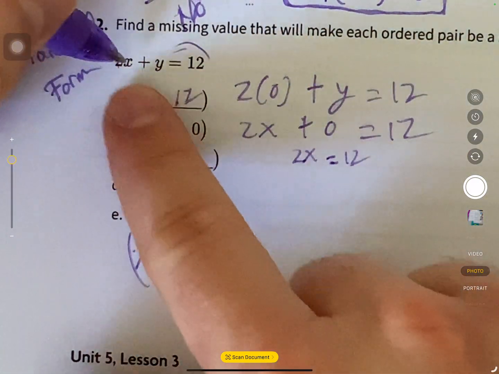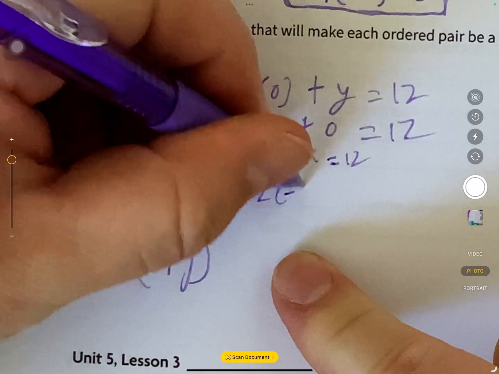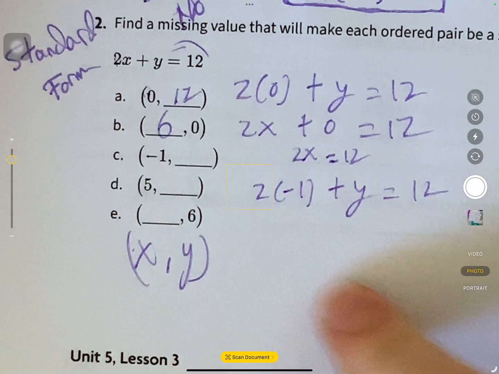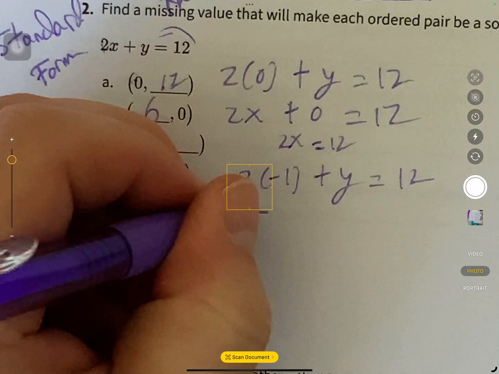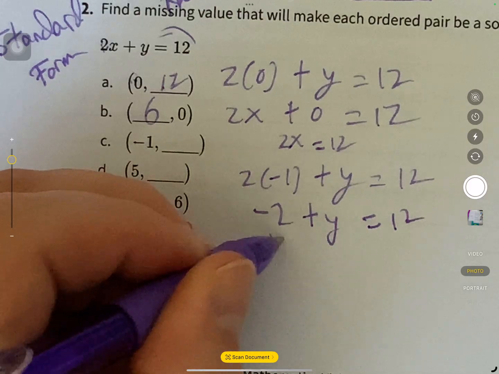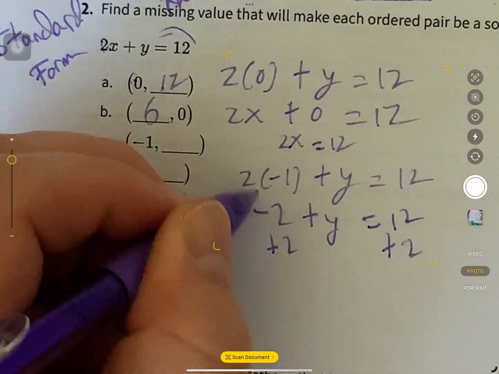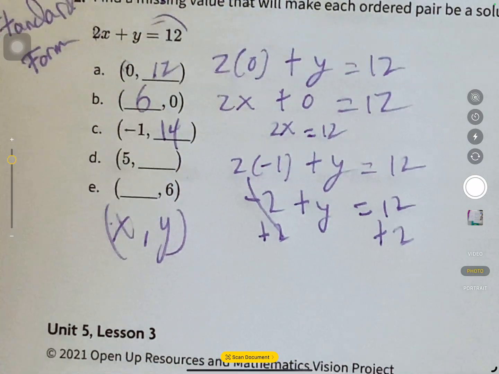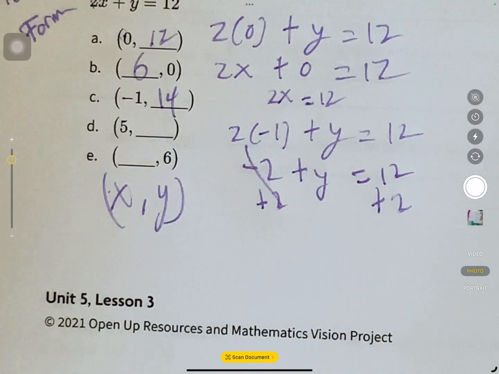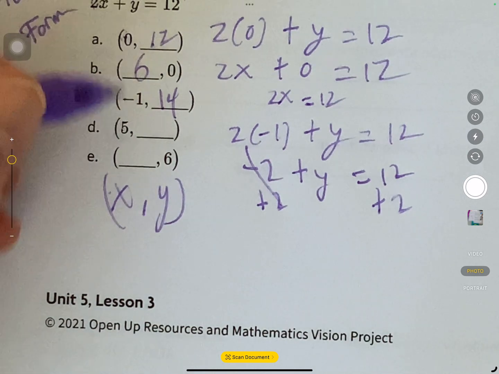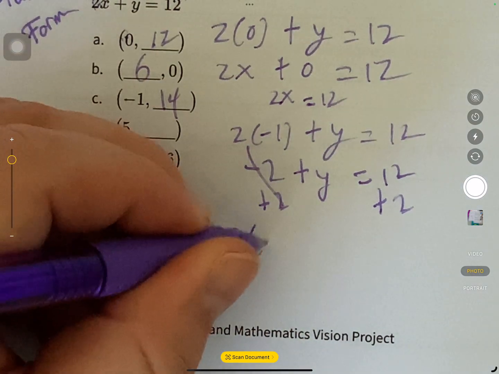Oh, this has to go here. 2 times -1 + y = 12. What's 2 times -1? It's -2 + y = 12. Add 2 to both sides. And what does y equal? 14. Next. Take 5, put right here. 2 times 5